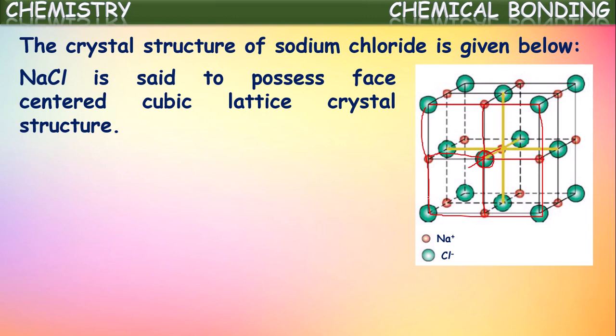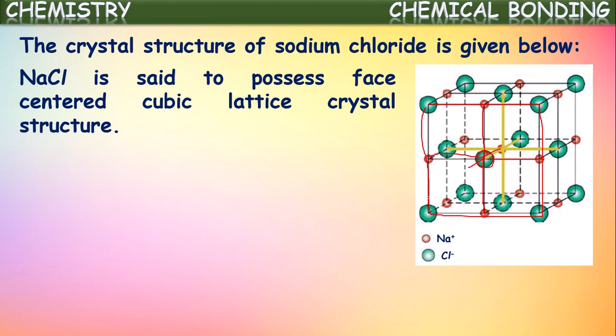In this way, each Cl- ion in this sodium chloride crystal is surrounded by 6 oppositely charged Na+ ions. Here, at the center of the face there is one ion, surrounded by oppositely charged ions. That is why its structure is said to be a face-centered cubic lattice. The structure of the NaCl crystal is said to be a face-centered cubic lattice. Here the number of oppositely charged ions surrounding an ion is 6. It is called its coordination number. The coordination number of sodium in sodium chloride is 6.